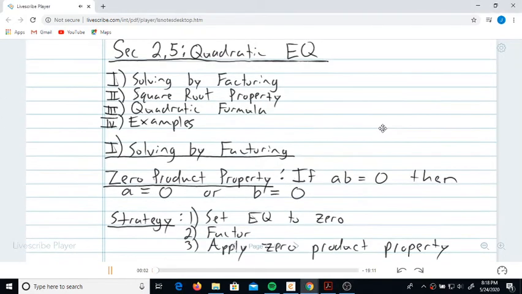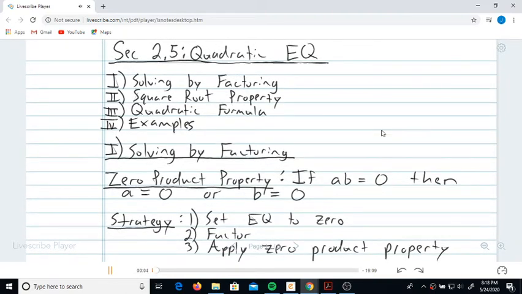Alright, this is lecture 1.4, which corresponds to section 2.5 from the textbook. And this is probably one of the most important lectures of the entire semester, and it's a lecture over quadratic equations. So this is going to be huge. The contents of this lecture we're going to be utilizing throughout the entire course, and you will utilize frequently throughout pre-calculus and in calculus. So we're going to open up with a very important solving strategy, and that is solving